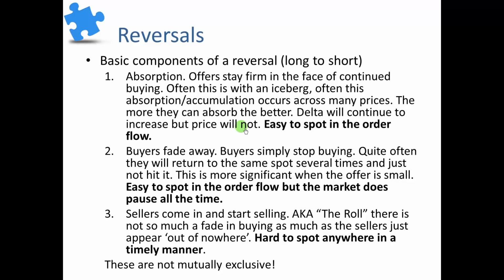Now, you'll most likely see sell market orders in total to be between 2 to 3 times the amount of buy market orders when this happens. Okay, so you will see an irregular or an excessive amount of selling compared to the buying. But this is hard to spot in a timely manner. In other words, by the time you spot this, the market's going to have ticked down a couple of ticks,